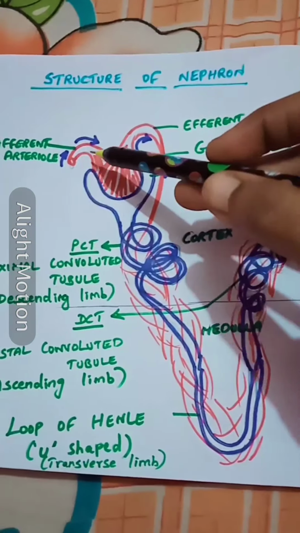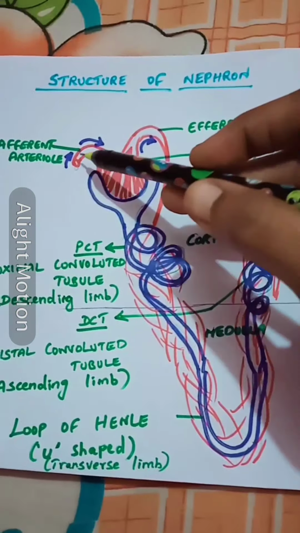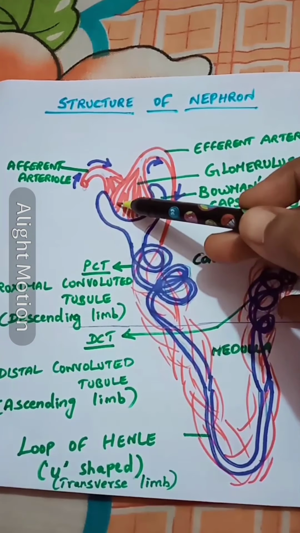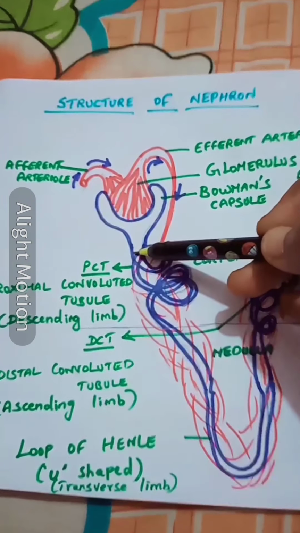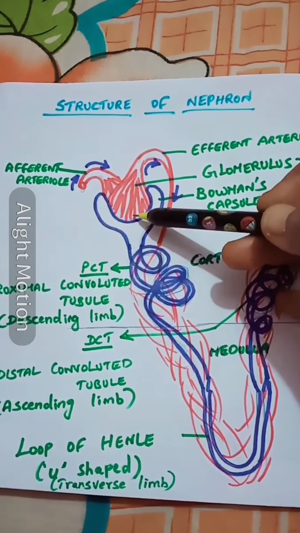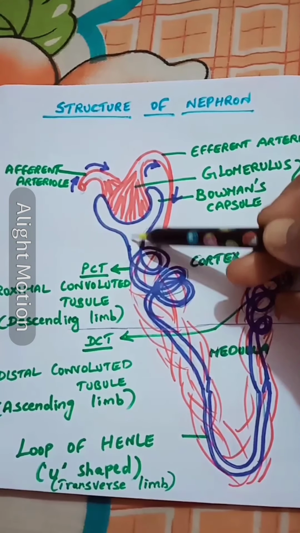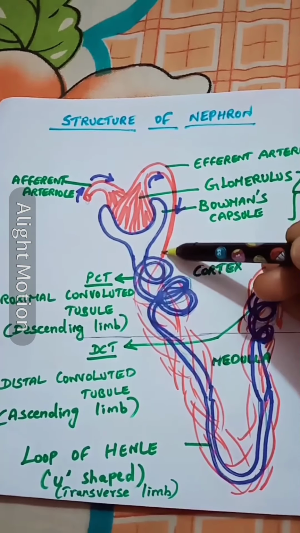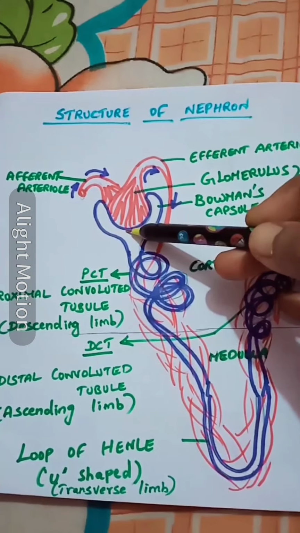Now coming to the function, as I said, the efferent arteriole collects all the impure blood with the nitrogenous waste, and it enters the Bowman's capsule. With the help of the epithelial cells, the impurities get removed. That is called ultrafiltration. So the ultrafiltration of blood takes place here, and then the wanted materials, along with the blood, are taken away from the Bowman's capsule.